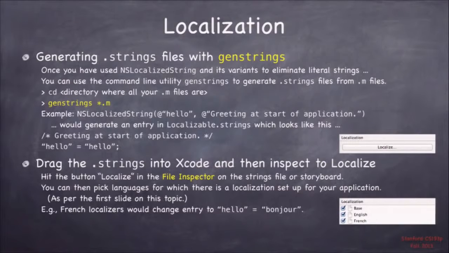And when you click that, then you'll get a list of the languages. Okay? And you can click however many of the languages you want to support localizing this string file for, and then in your file navigator you'll see a .strings file for every language. You can click on it, and then usually what you'll do is you'll see hello equals hello. You'll take that entire file, or all the strings files, ship them off to a localizer, maybe with a demo of your app or something like that. They'll translate all the strings and send them back, and then you just plop them in to your Xcode project